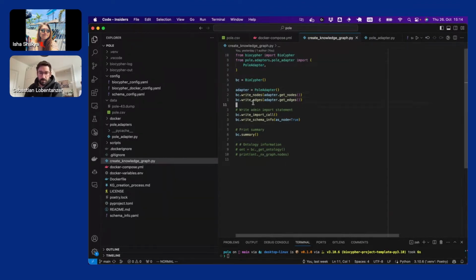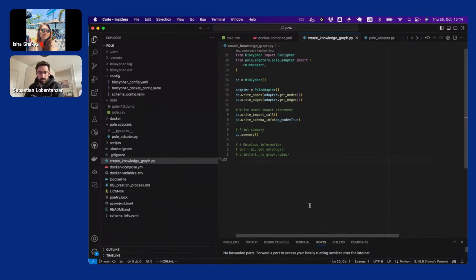In this case, we write them because we want to use the Neo4j admin import. We write the import call and the schema info, which is an extended version of the configuration that I've shown in the demos in the presentation. And we also have some useful information afterwards.